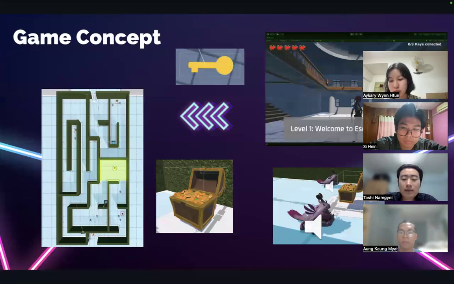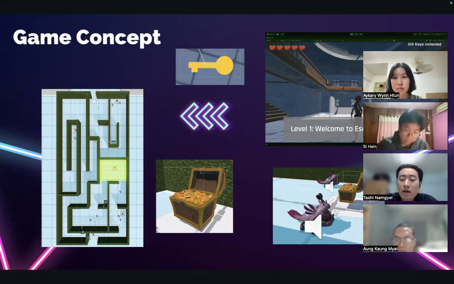The game is a blend of exploration, puzzle solving, and action. It starts with an escape room scenario requiring players to find three hidden keys to open a locked door. After escaping, the player enters a maze filled with treasure, monsters, and more doors to unlock, creating a dynamic progression.